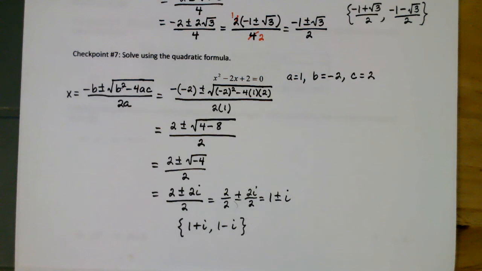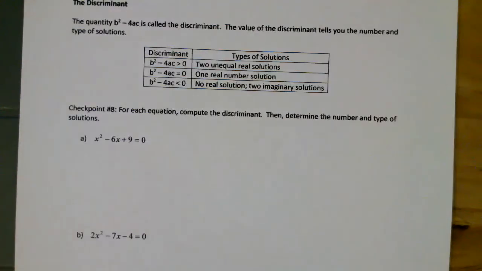And by the way, in the directions on the MyMathLab homework, you will be told which method to use, whether it is the factoring method, the square root property, completing the square, or using the quadratic formula. You'll be told which one to use. Okay, finally, in this video,